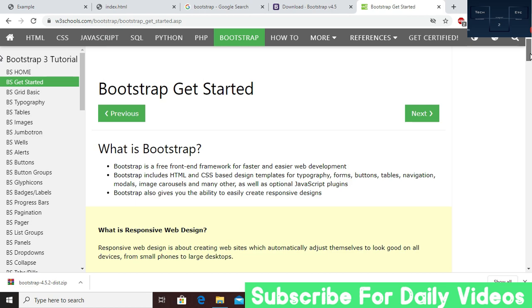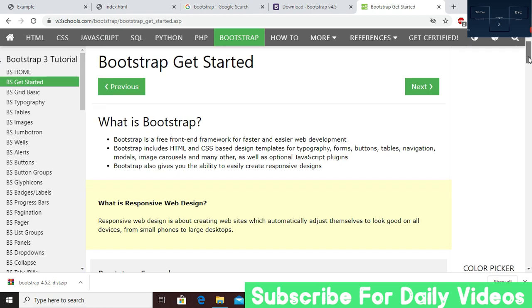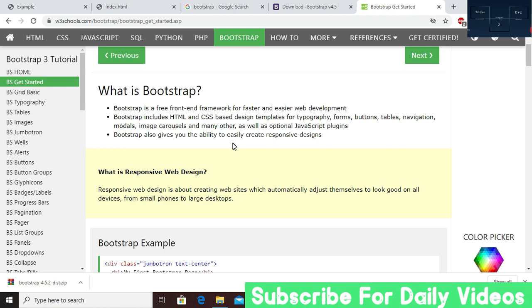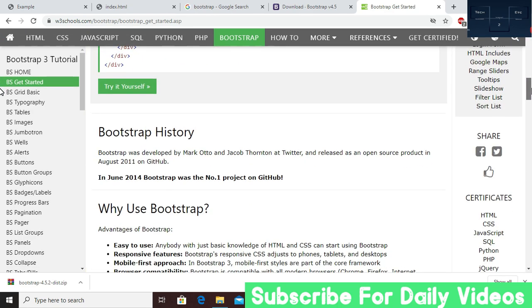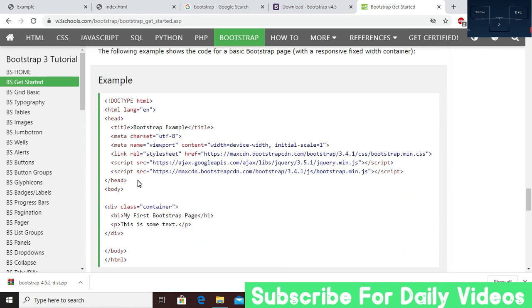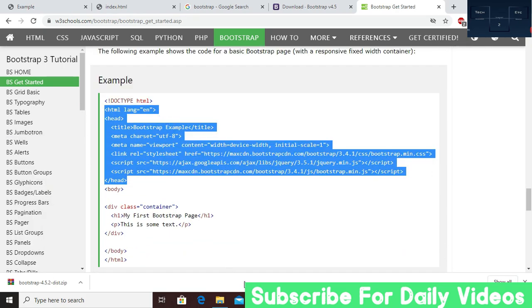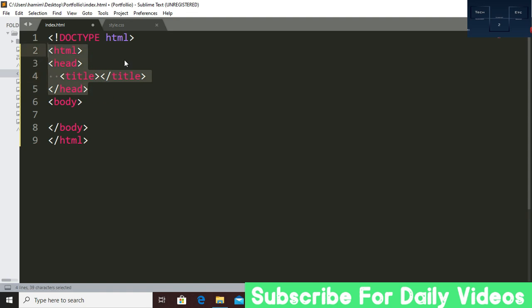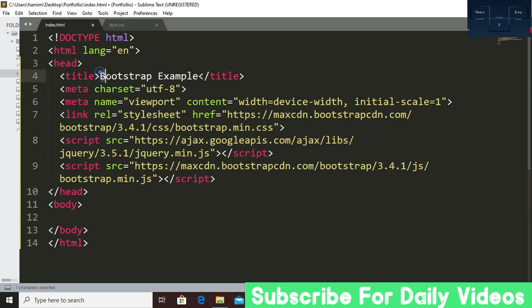Now for linking the Bootstrap file, we have to just go down a little bit. You can find a code. Yeah, here is the code. Just copy the code from here and paste it to our HTML file. Now we have to edit our title. This one will be portfolio,